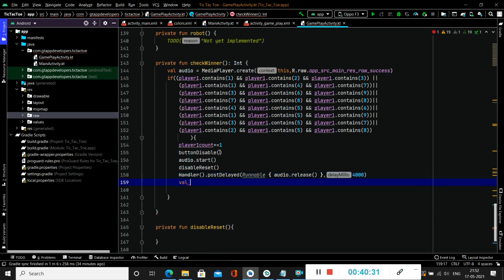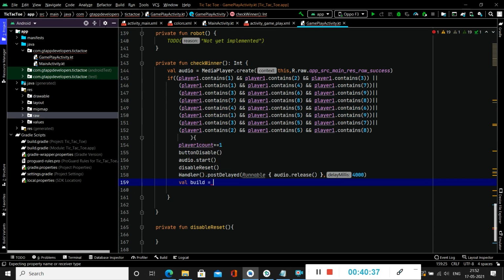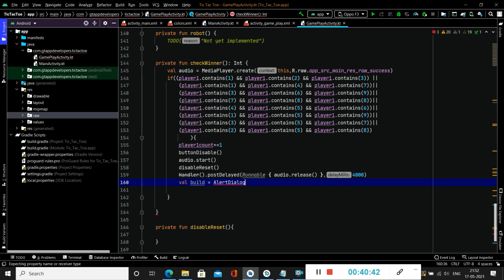Once the winner has been declared, we have to display an alert dialog. For that we will create an alert dialog, using a variable for the builder, that is alert dialog, and calling a builder method to build this alert dialog. Inside this we are passing our context.